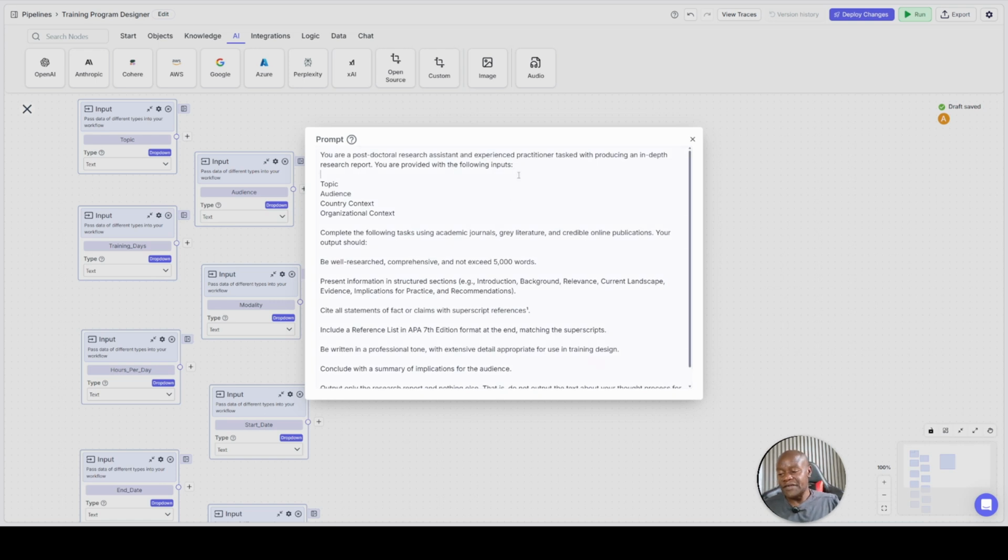So we always say if you're going to do training, especially for professionals, you either have a very experienced person or you have a person who is learned at the highest level. In this case, we say you're safe saying postdoctoral or doctoral research assistant. We are looking for a researcher, the best level research, and we want an experienced practitioner so that we have